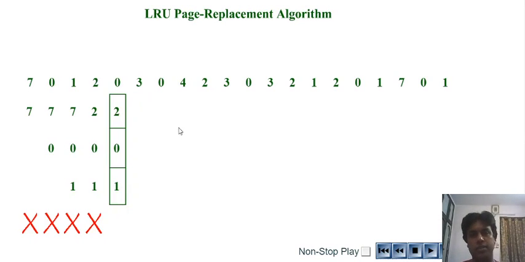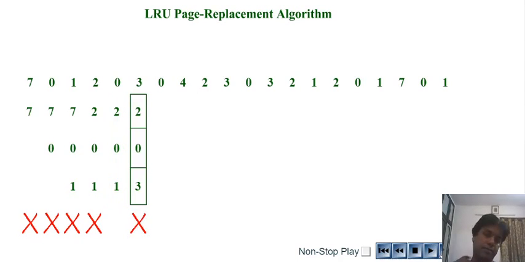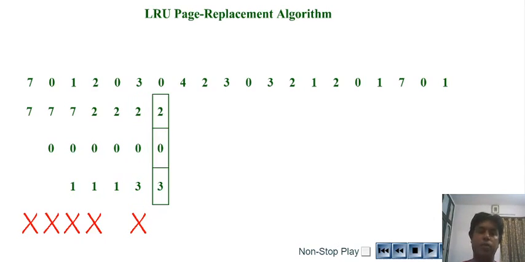So let us see that. In the next you are going to see that page 1 is going to be replaced with 3. Okay, so you see 1 is replaced with 3, and again it is a page fault. Let us go to the next one. Now next is 0. If you can see, 0 is already there in one of the frames of my memory, and so again it is an example of a page hit. Okay, nothing to replace.